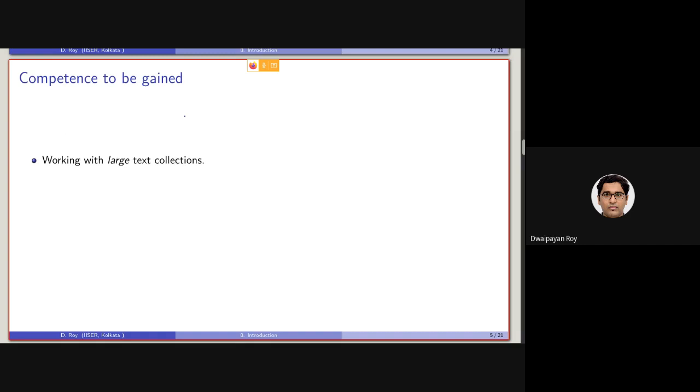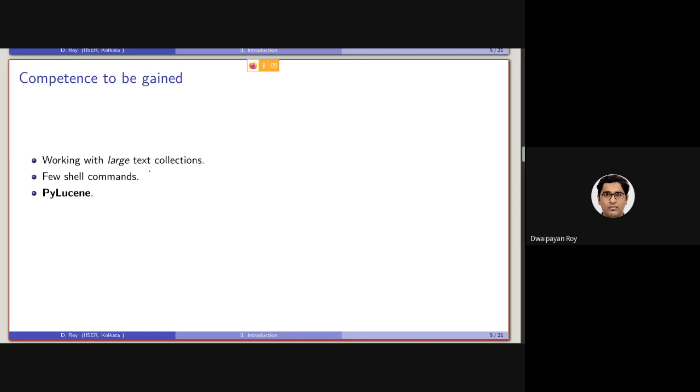And later on, we'll be discussing ways to handle large text collections of scale, say 1 TB or 2 TB. We'll also be discussing a few shell commands which are very easy for doing smaller computations.